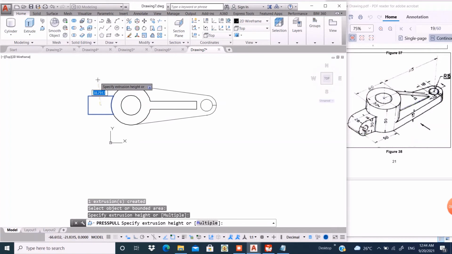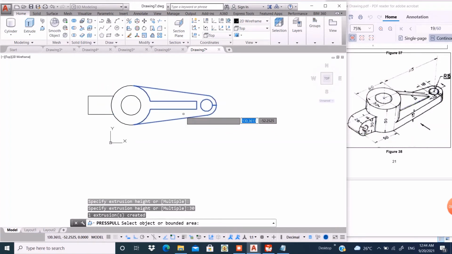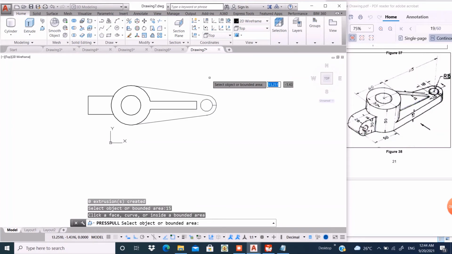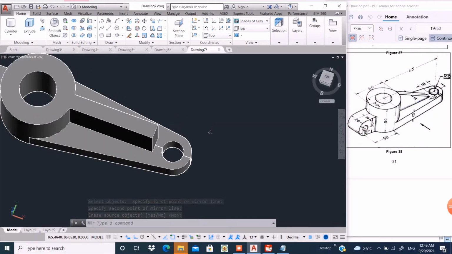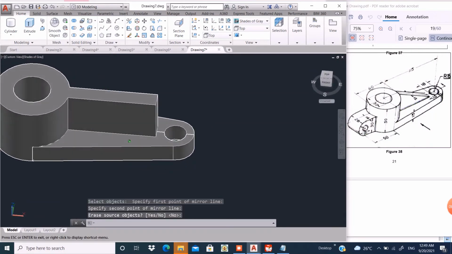Take this portion, extrusion height is 30 unit, and take it up for 15 unit. Is completed and the whole drawing is looking here.